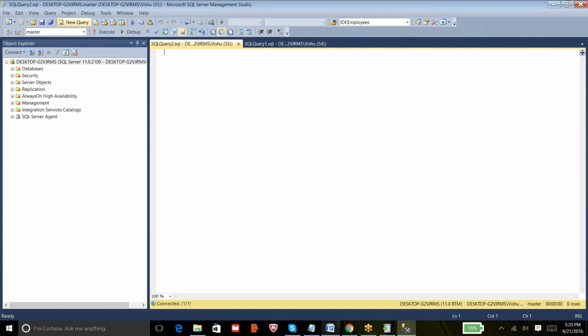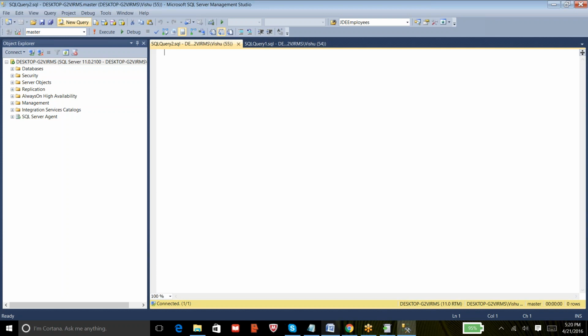Let's assume a user is inserting 10 million rows in a table. As per my explanation, those 10 million rows first get inserted in the LDF file and then the MDF file.